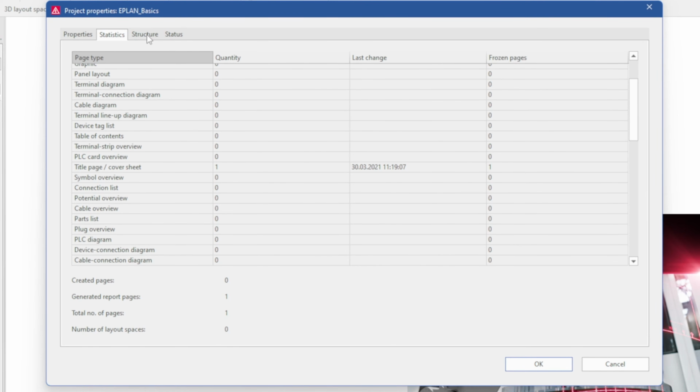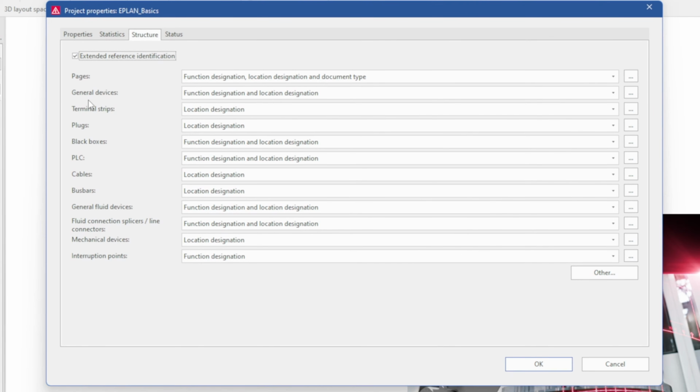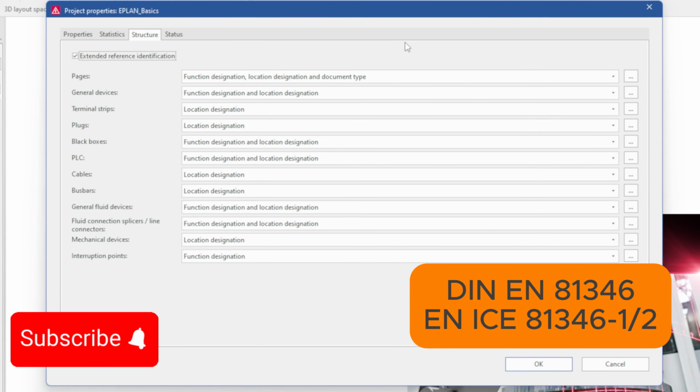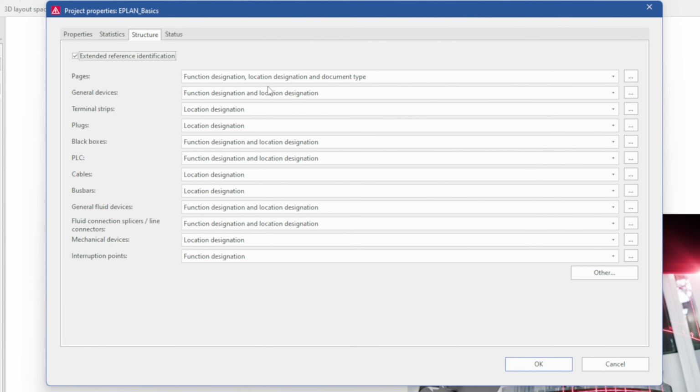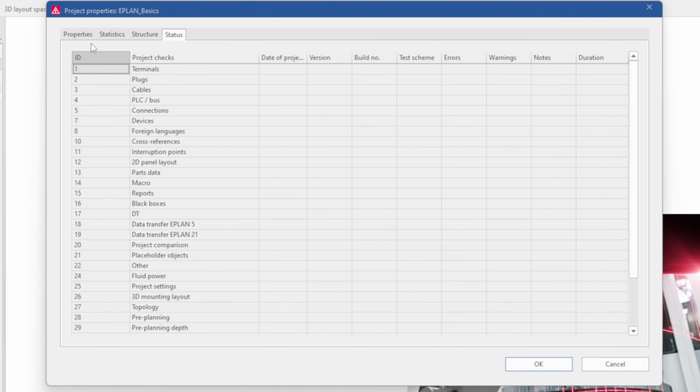Then we go to the tab Structure, and in this area we could change the project structure, which is dedicated to the DIN EN 81346. But how to structure a project will be shown in the second video of this series. So we head on to the tab Status. And on this side you can see if you have already done a check from the project. You can see the date of the last check, the test scheme which was used, how many errors, warnings and notes occurred. That's a nice overview, but in the project we work with the check run and message management,